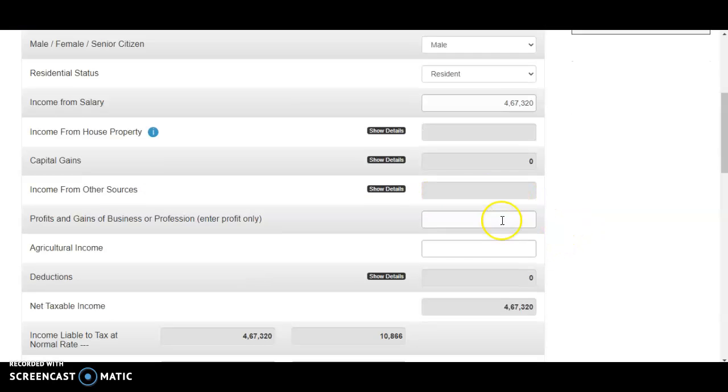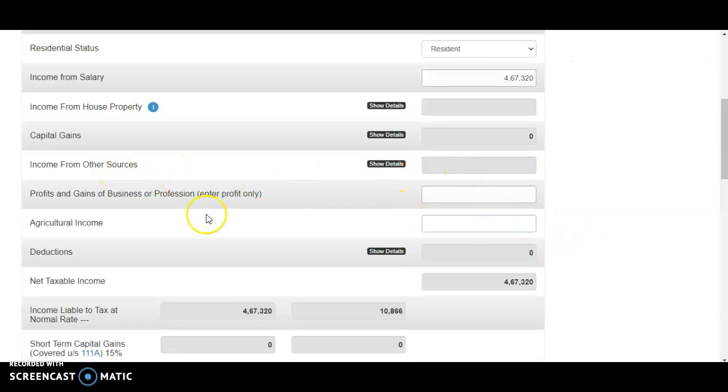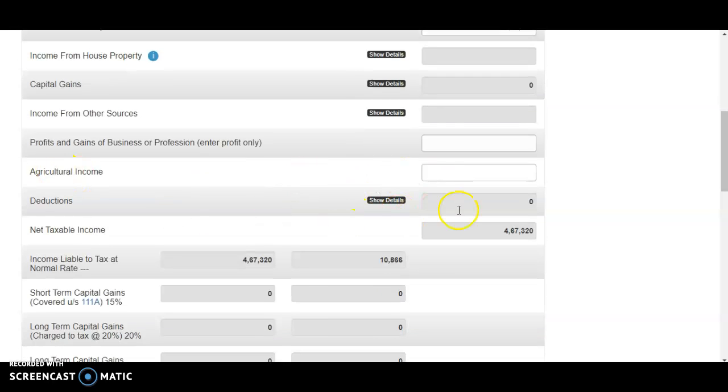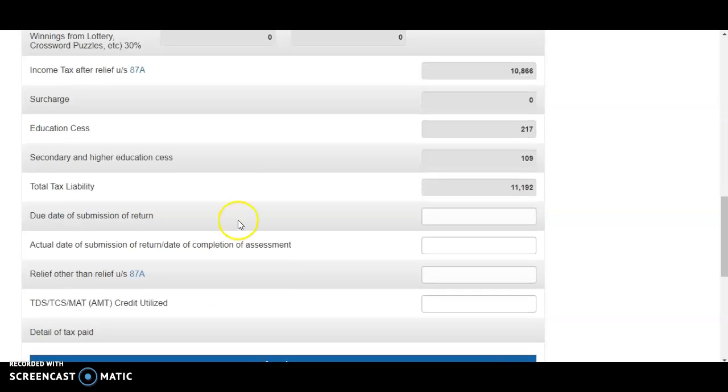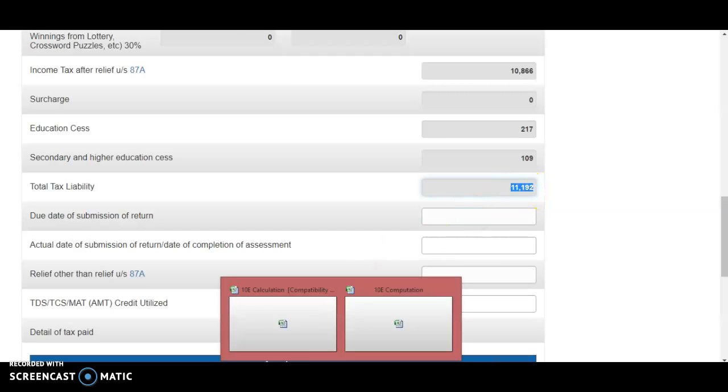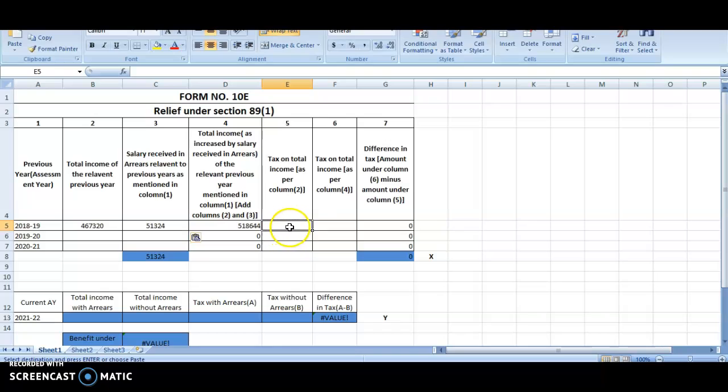And if there is any other additional income, you can enter it here, and here you will get the tax liability on the income. Just enter this value in column 5, 11,192. So I will enter here 11,192.